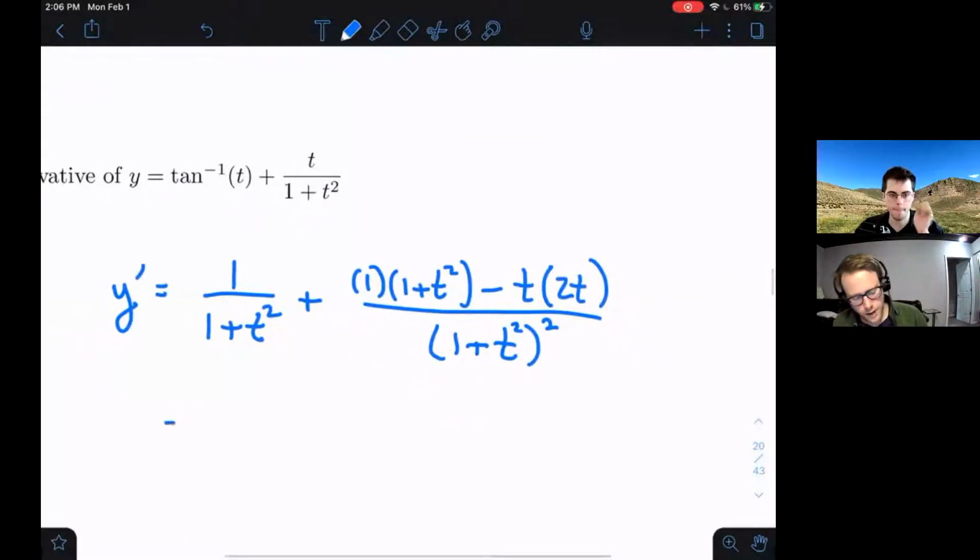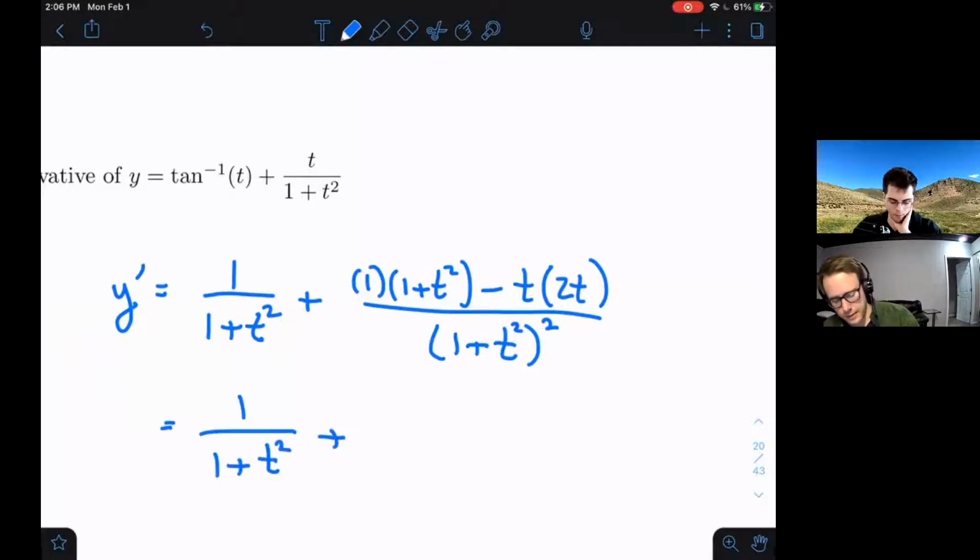And so again, we can maybe spend one line simplifying. I'm not going to go too crazy with this, but let's see. 1 times anything is itself. And let's see, we have a 2 and a couple of t's. So let's see, t squared minus 2t squared. So this is going to be, looks like we have -1 altogether, right? We can combine like terms. We had 1 positive and 2 negatives. So altogether, we still have 1 negative remaining there. And then 1 plus t